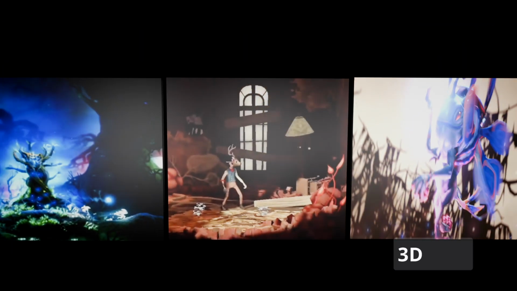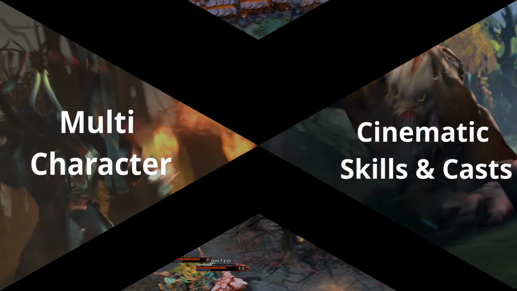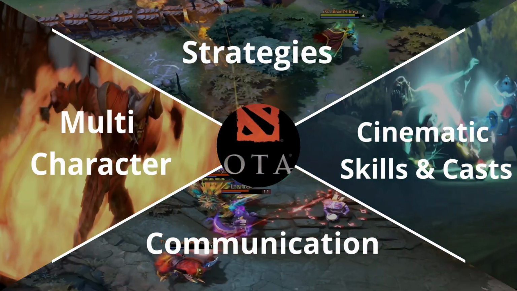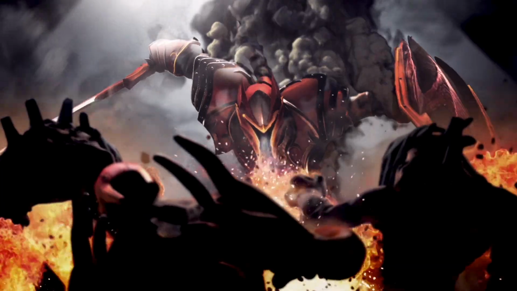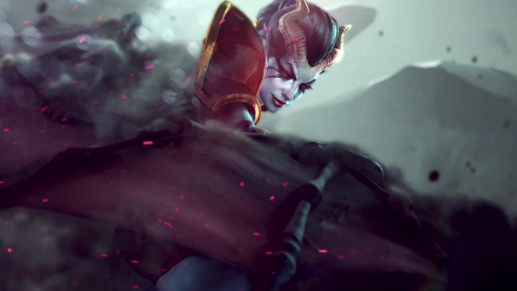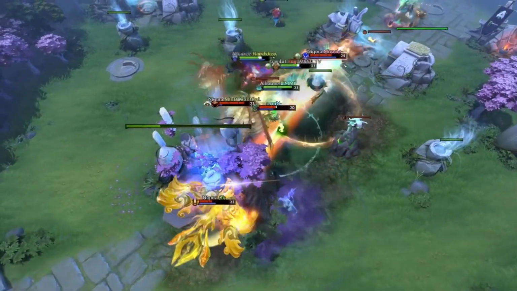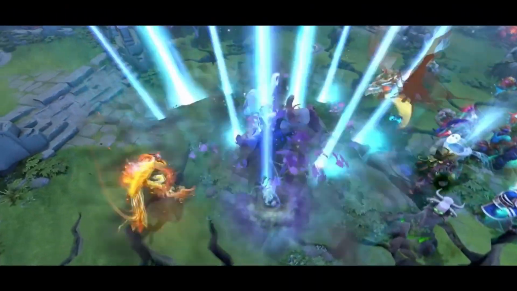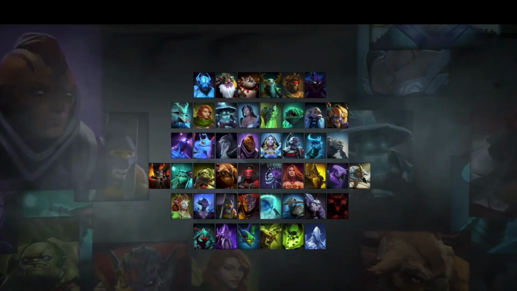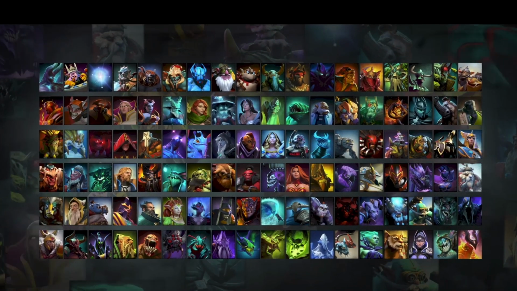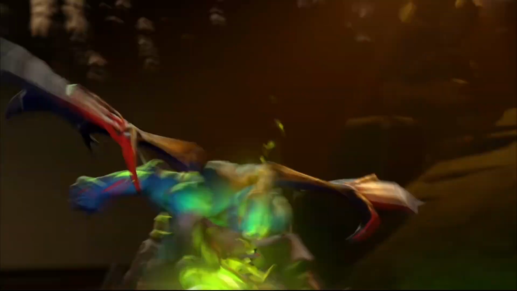Now coming on to the 3D realm. Dota is one such game that falls under this category. It's a multiplayer 3D AAA game which has matured with time. Currently, it's played as Dota 2 and has a huge fan base. Dota 2 is a fantasy-style game consisting of 2 teams of 5 players. The teams occupy opposite ends of the map and compete to destroy each other's bases and lane towers. Players control characters known as heroes, who all have different abilities and can grow more powerful during the game.